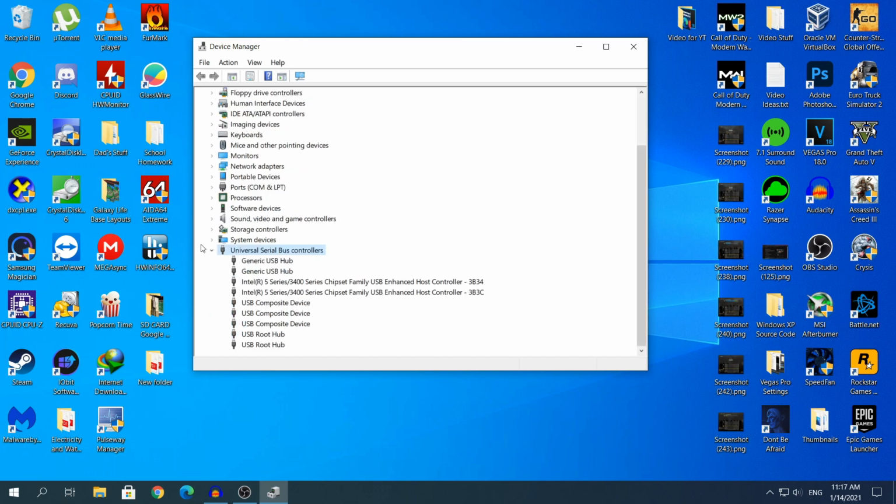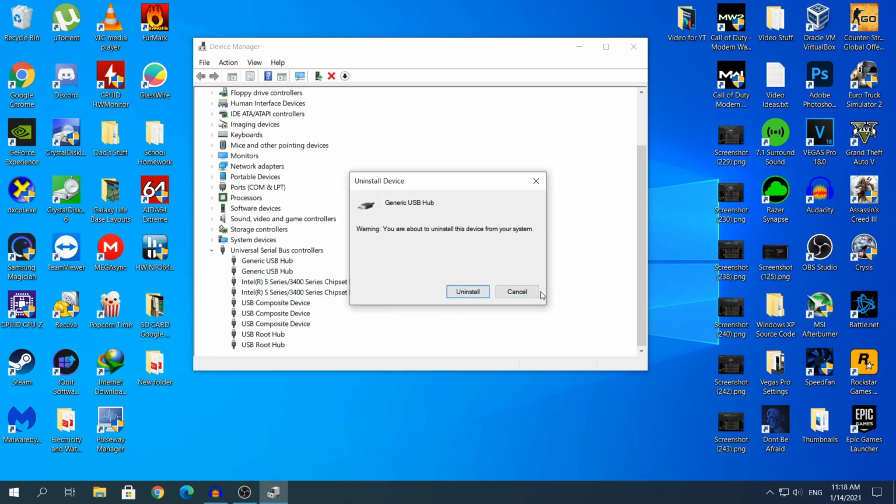You will see that this one will be expanded automatically, and you will see one specific driver that has a problem, because next to the USB icon, you will see a little triangle icon, and that basically means that this driver has a problem. So there are three solutions for this. The first one that you can do is to right click the driver that has the problem, click on uninstall, and then click uninstall again.